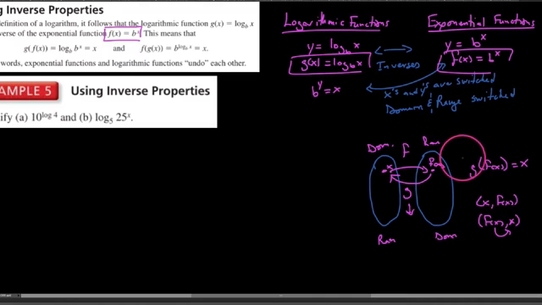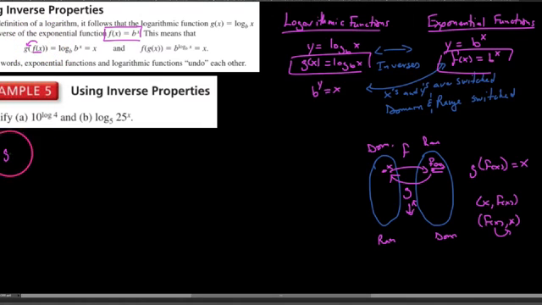So the profound implication here essentially is this. If we take f of x and plug it into g, or in other words, if you take an exponential thing and plug it into a logarithmic thing, then you're going to get some cancellation going on. And so generally speaking, if we were to take f of x and g of x, which are these inverse functions right here, and plug f of x into g of x,